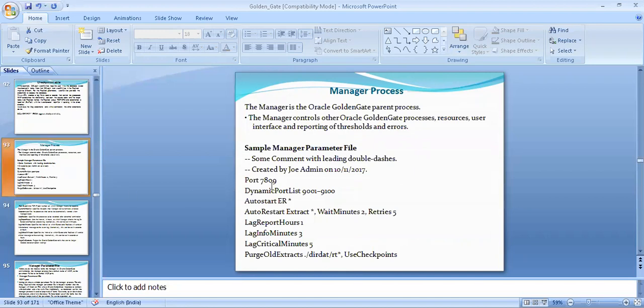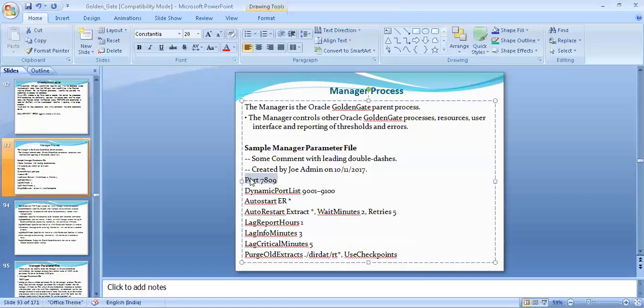So this is a sample manager parameter file. In the manager parameter file, we need to give the port number on which the manager process will run, and a dynamic port list. So from 9001 to 9100 we can use ports for GoldenGate purposes.